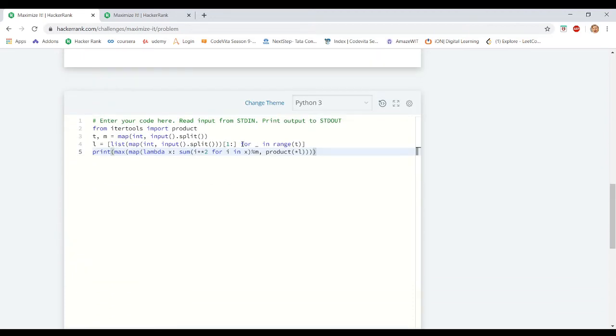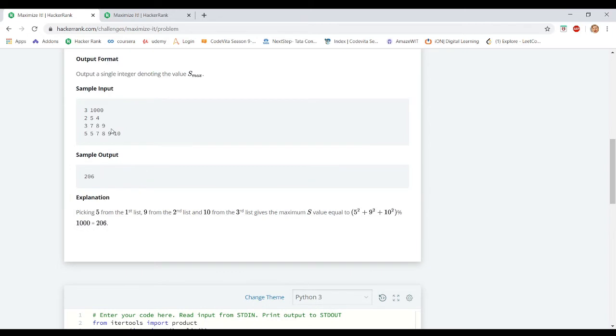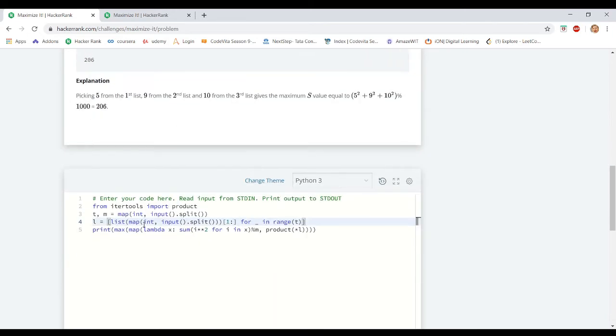Hence we are using a for loop, for underscore in range of t. In every iteration the interpreter takes the sequence of integers typed into the console, each element is converted into an integer, and the whole sequence is converted into a list and stored in L.